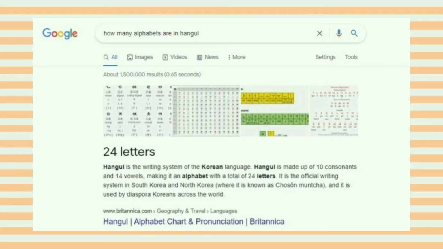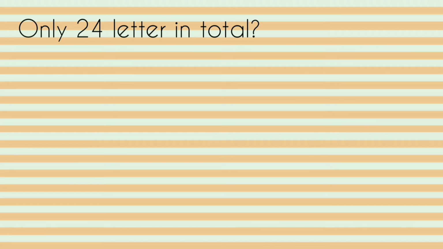What I had in my mind was that just like I had to learn 26 alphabets of English and 52 of Urdu, I will learn 24 alphabets of Korean and can just start learning to read the words of the Korean language. But actually, this is not enough for you to be able to read